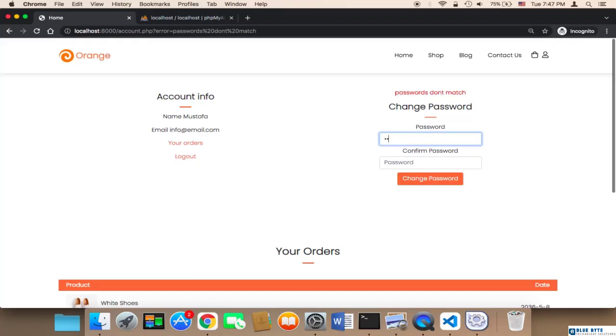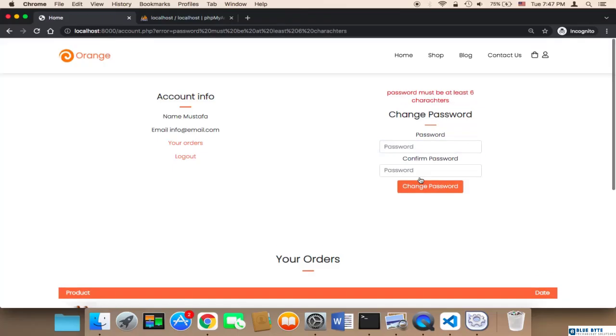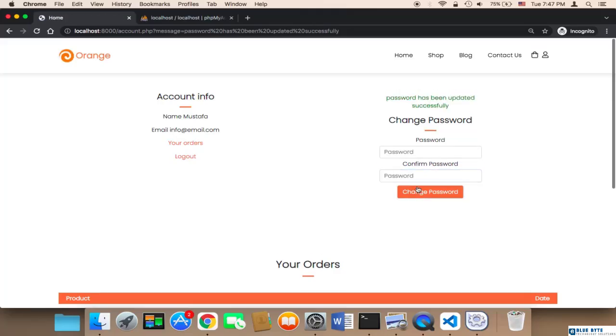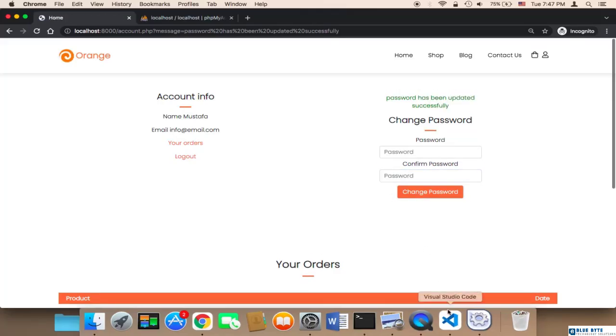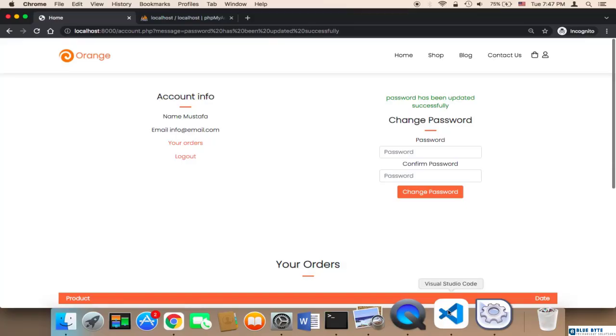If I type a password that's very short, and then click on change password, it's going to say password must be at least 6 characters. So this is how it works, and this is how you will allow users to change their passwords if they want to. And another thing that I wanted to talk about is upon